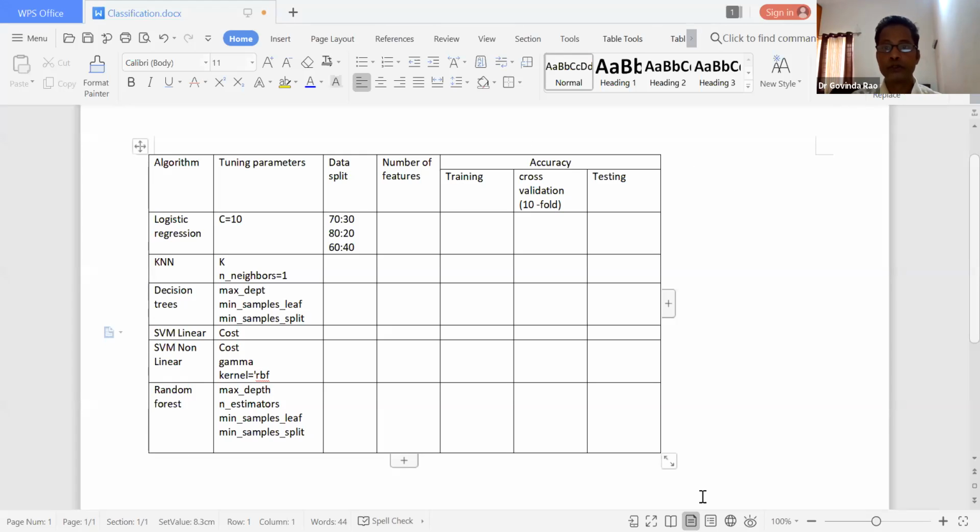Yeah, good. When we build our model, based on your set of independent variables, you will see how our classifier is performing on training data, cross validation, and testing. If you are encountering model overfitting, it might be that some of the features are not fitting your model.